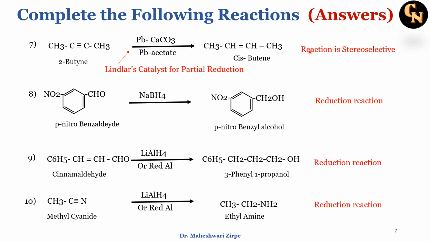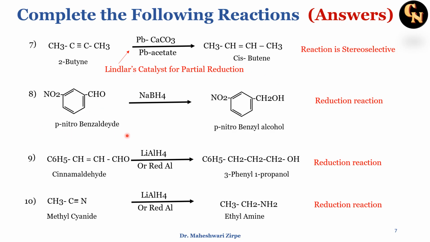The meaning of stereoselective is that the hydrogens will be added as a syn addition, that is, from the same side. Both the hydrogens will get added from the same side of the carbon in a plane. So you will be getting a cis butene as a product. Now the next one is